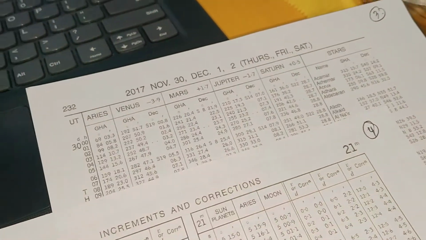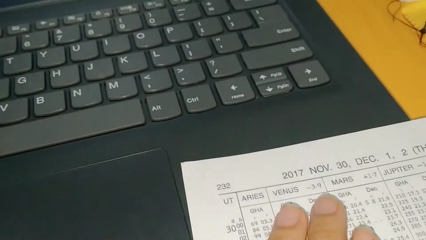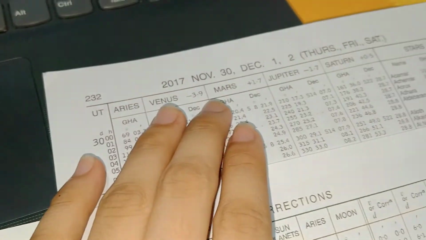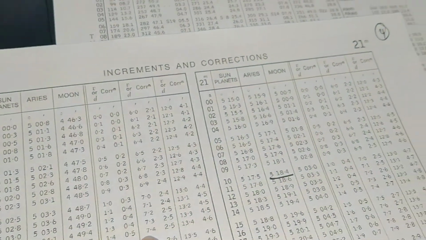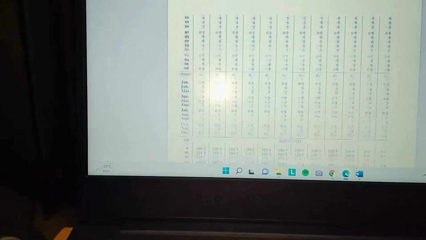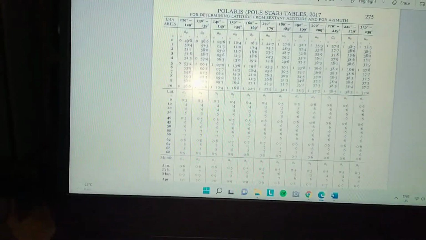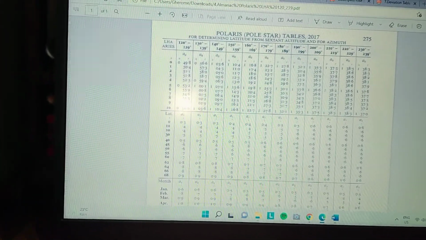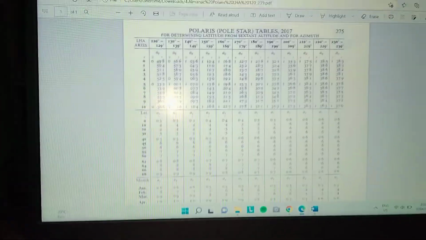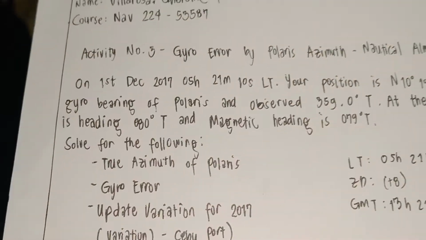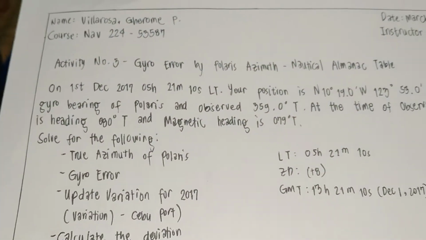So we do have here our nautical almanac for 2017, and then we do have our increments and correction table, and the last one is that we have our Polaris Polestar tables, which is on 2017. So on this activity,